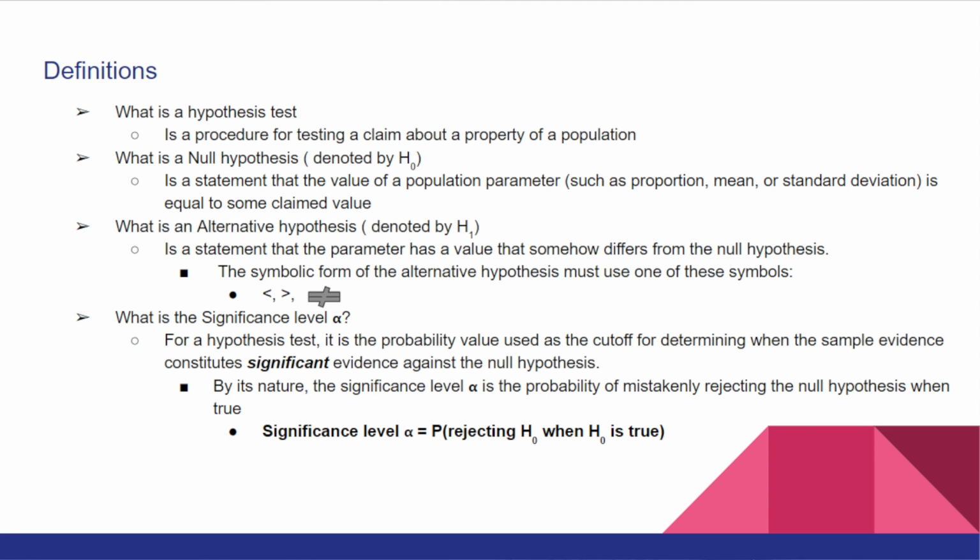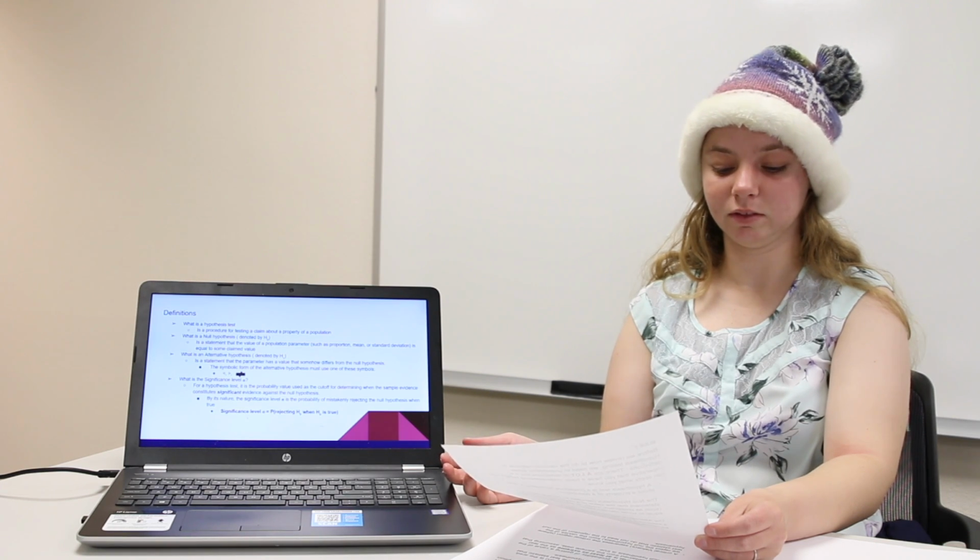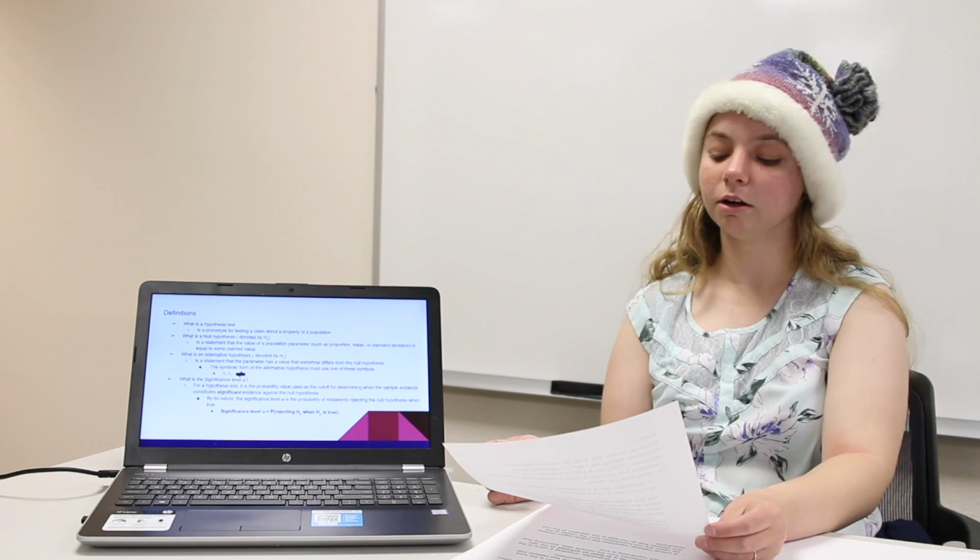The null hypothesis, denoted by H sub 0, is a statement that the value of a population parameter, such as proportion, mean, or standard deviation, is equal to some claimed value. The alternative hypothesis, denoted by H sub 1, is a statement that the parameter has a value that somehow differs from the null hypothesis. The symbolic form of the alternative hypothesis must be one of these symbols: less than, greater than,